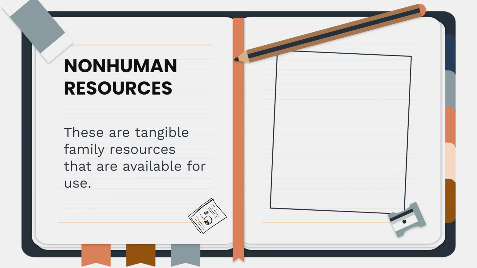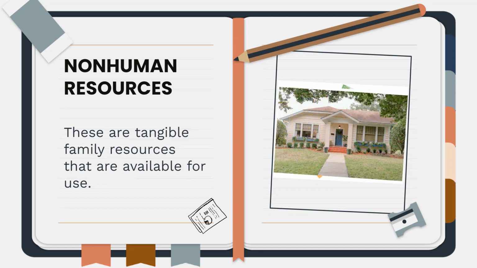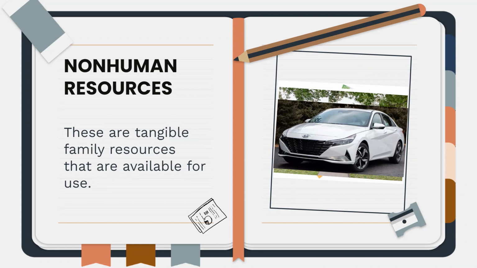These include everything owned by the family like money, salary, rent, goods, house, car, household equipment, among others. These also include those owned by the community to which the family belongs, like water and electricity, hospitals, schools, churches, markets, parks, recreational centers, transport facilities, roads, and many more.